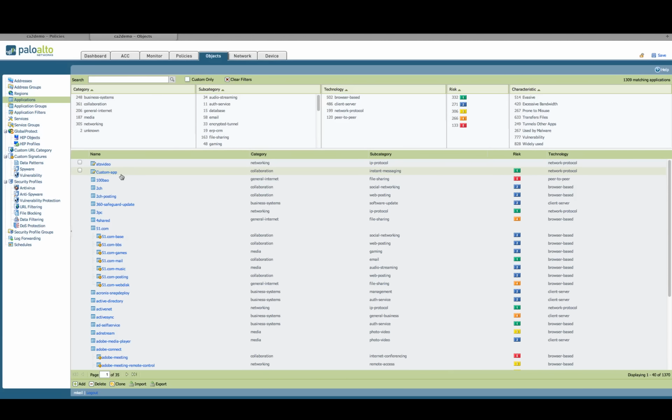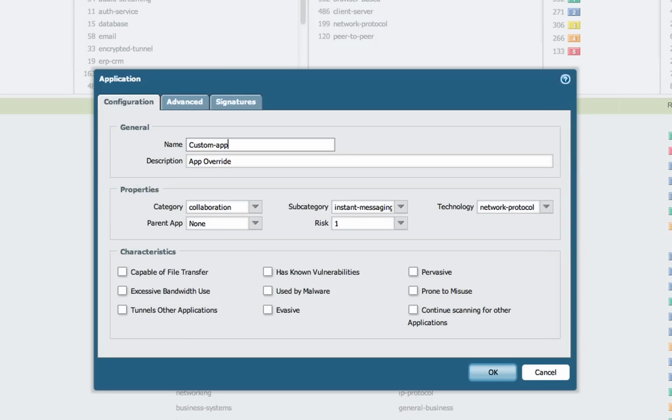Custom app ID would be here, so you'll be able to see the custom application that we've already begun creating. The description has been input into the appropriate fields. You can then assign the category, subcategory, and technology, as well as a risk level. These are the same elements that are used by Palo Alto Networks development teams when they create the app IDs